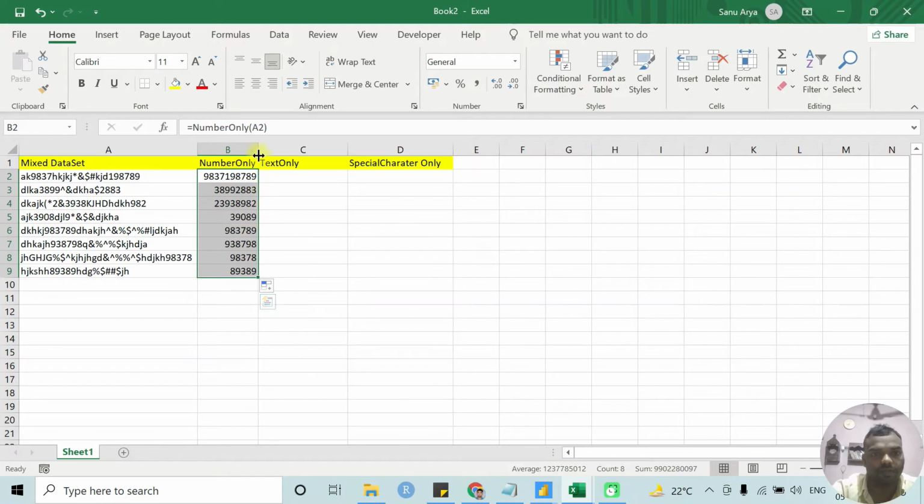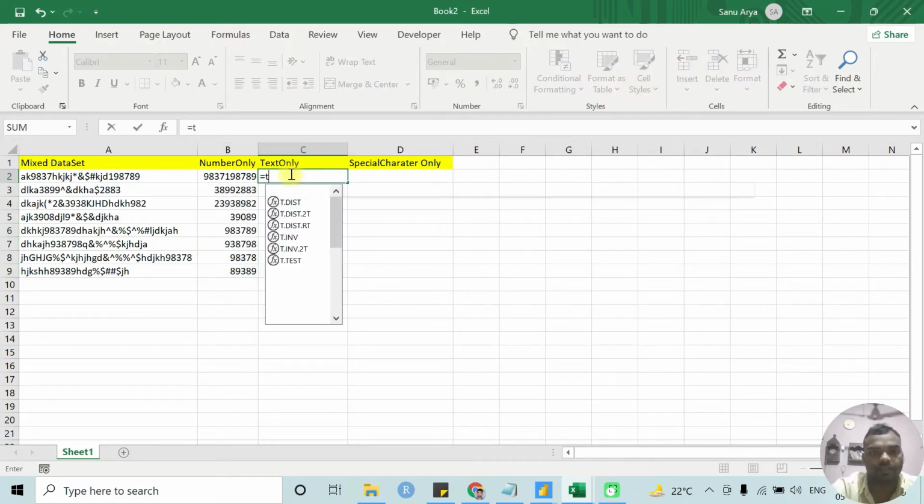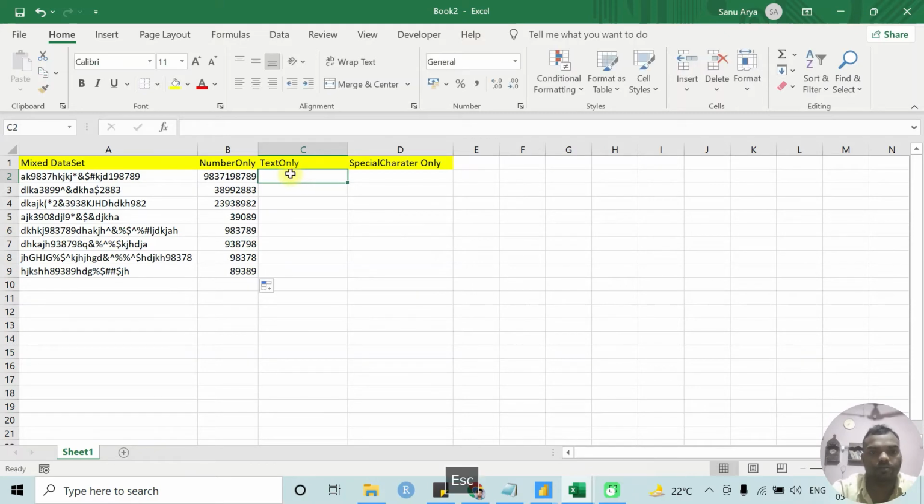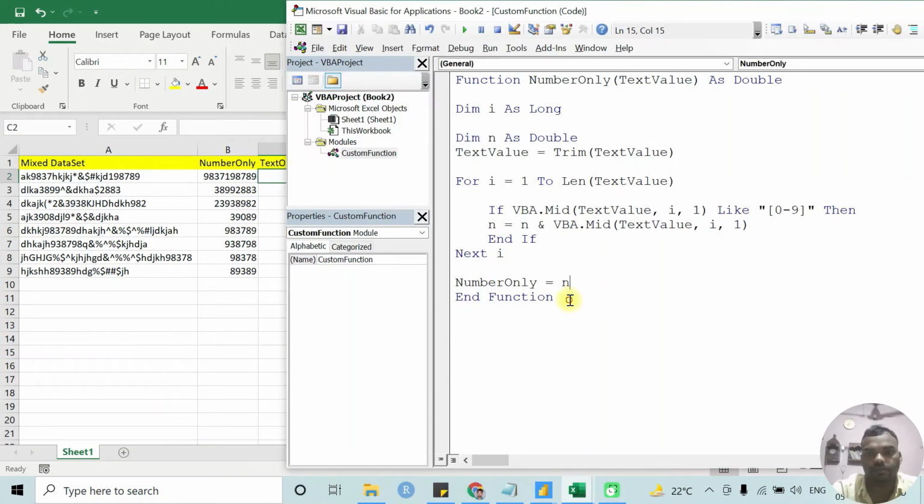Now we are going to create the text function. Here you can see text only is not available yet. So let's create a function procedure, and give it the name text only.